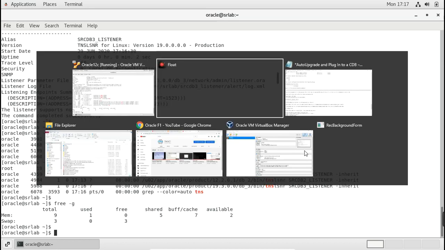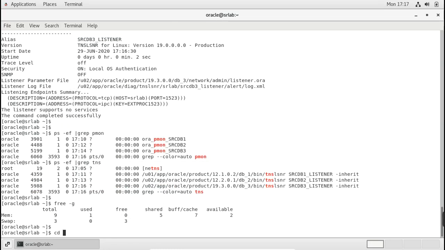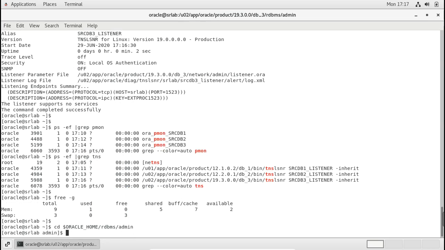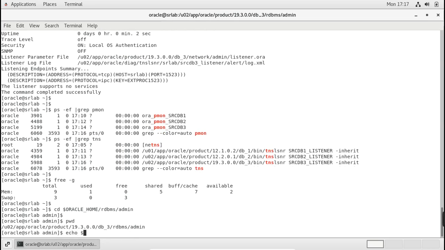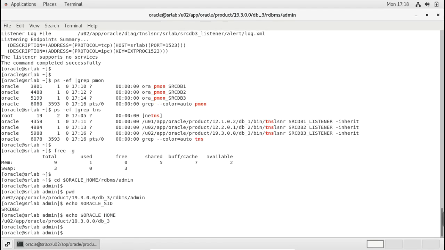Okay, so let's first check the auto upgrade version. We'll go to the location Oracle home, rdbms, admin. You can check here what the SID is and the home. So we are in the 19c home.